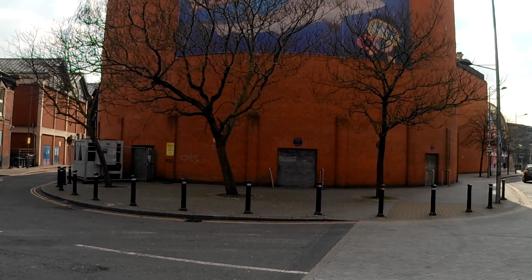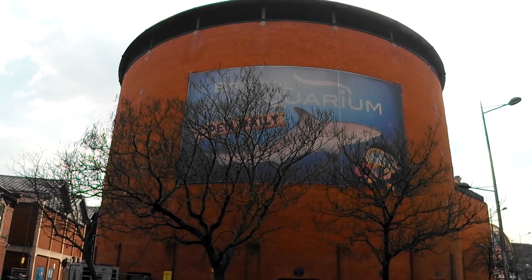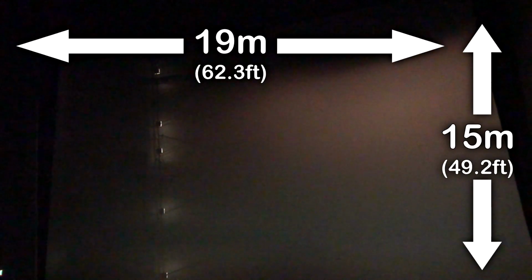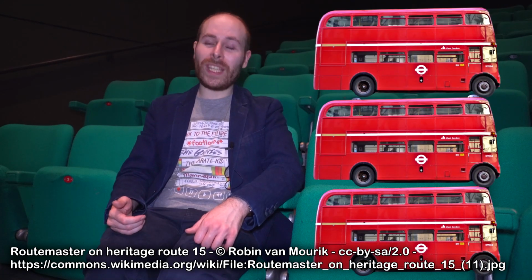This screen and the aquarium next to it are housed in a Grade 2 listed former lead works, a remnant of Bristol's industrial past. This screen here measures 19 metres by 15 metres. Don't worry, I'll throw up some imperial measurements for you. While that's not as big as the BFI IMAX in Waterloo, it is roughly around the same dimensions as that initial screen in Bradford, and certainly it's taller than 3 double-decker buses, so I don't think anyone's going to be